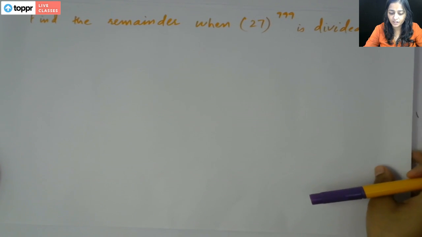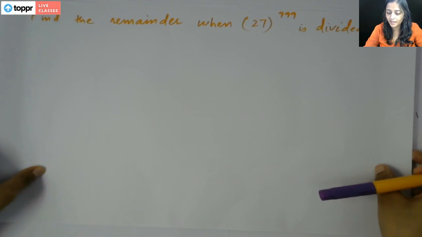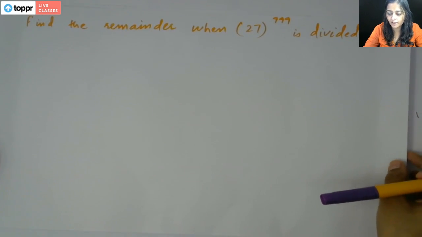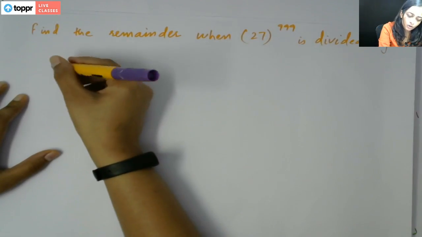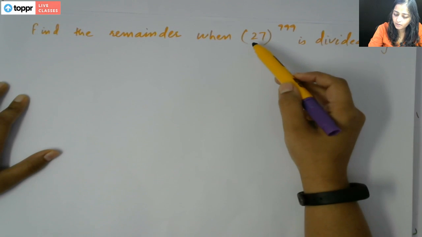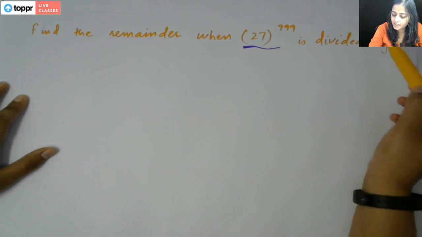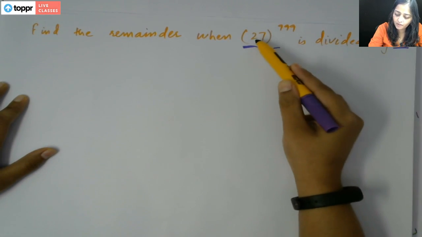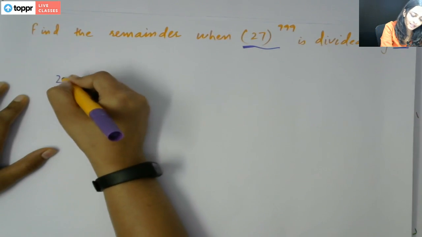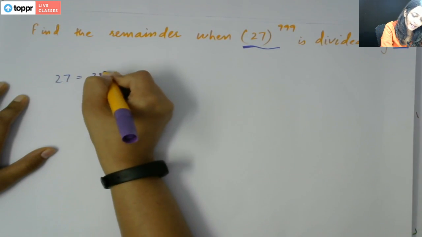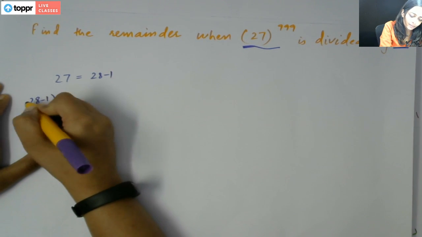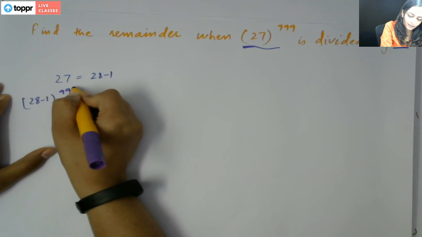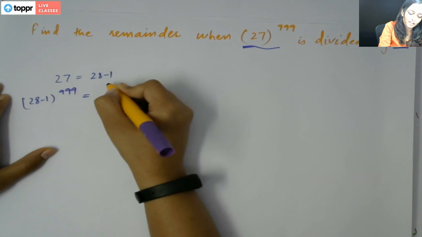The first question is, find the remainder when 27 raised to the power 999 is divided by 7. So we have to find what the remainder is when this number is divided by 7. We can write 27 as 28 minus 1. Now if I expand (28 minus 1) raised to the power 999 using binomial expansion, I'll get